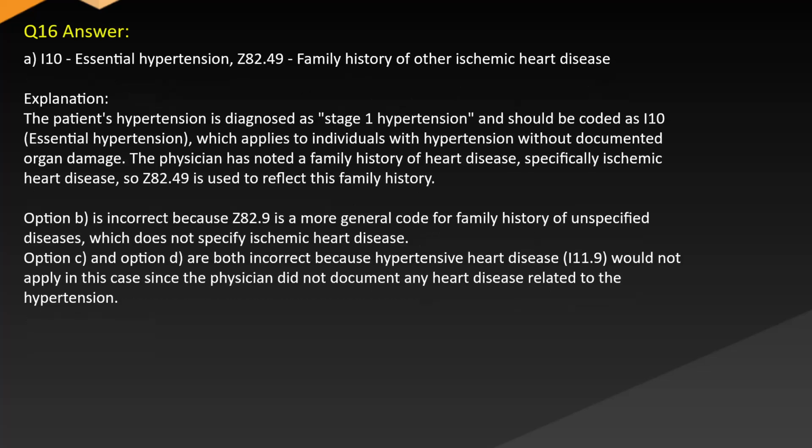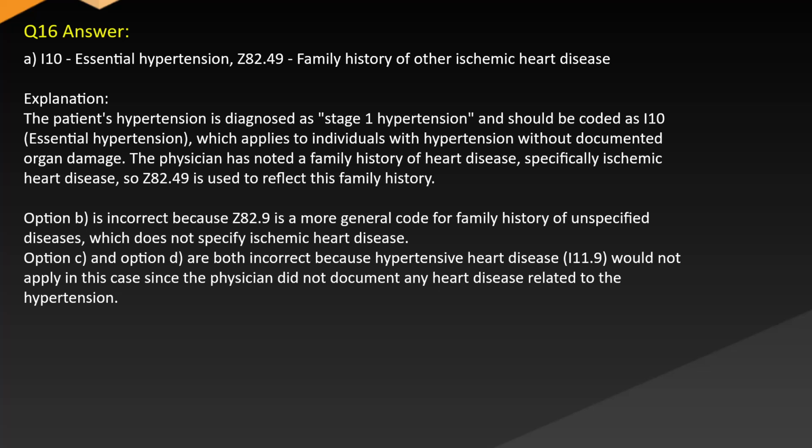Answer A. Essential hypertension, Z.49, family history of other ischemic heart disease. Explanation: the patient's hypertension is diagnosed as stage 1 hypertension and should be coded as essential hypertension, which applies to individuals with hypertension without documented organ damage. The physician has noted a family history of heart disease, specifically ischemic heart disease, so Z.49 is used